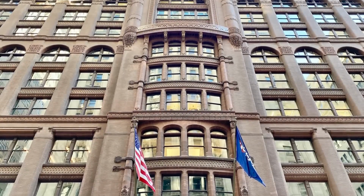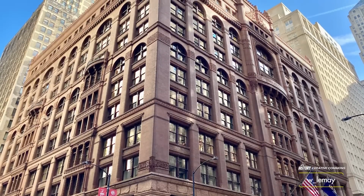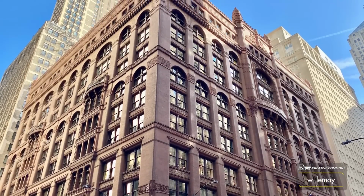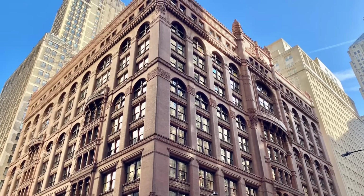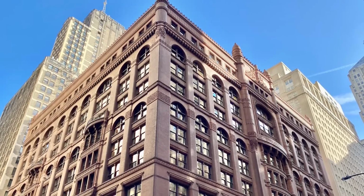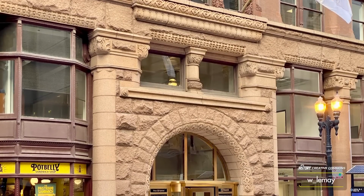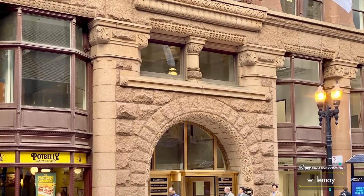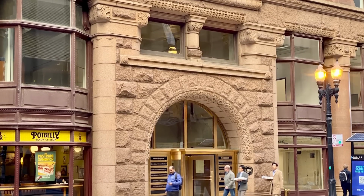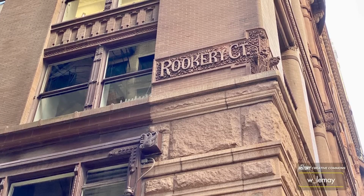For example, an entire additional floor was added, bringing the total to 12, and the Burnham Library was restored. For the success of this renovation, the building received multiple awards. Then, by the late 20th and early 21st centuries, the building underwent further renovations to update its facilities and restore its original grandeur. These efforts included repairs to the facade, improving the mechanical and electrical systems, and enhancements to accessibility